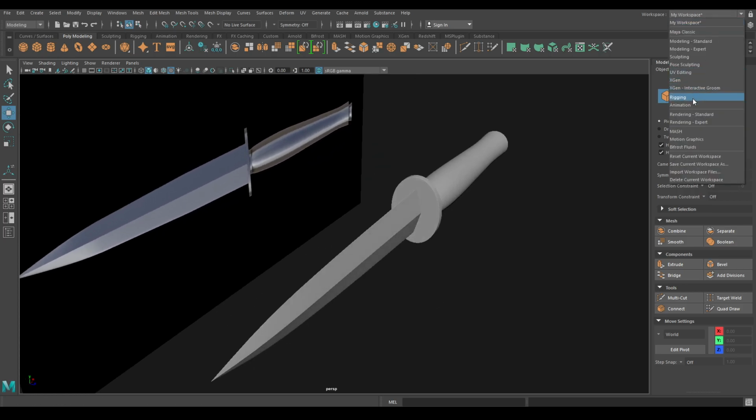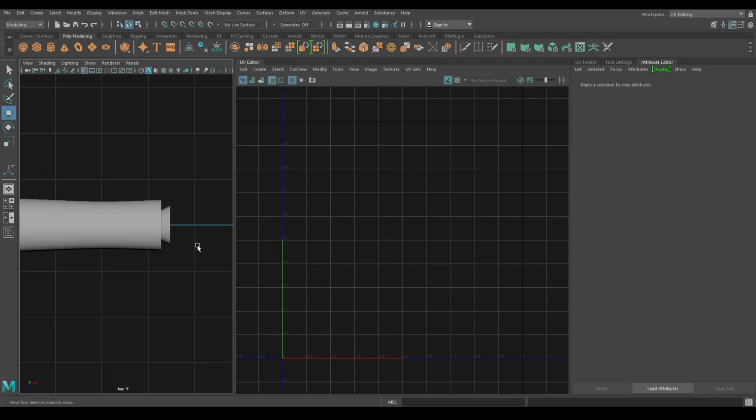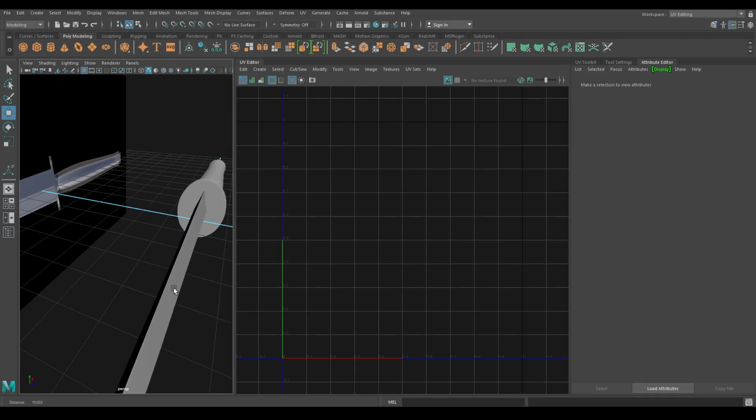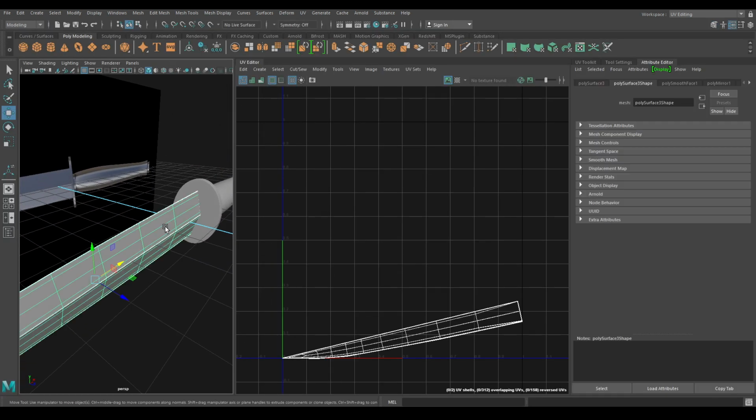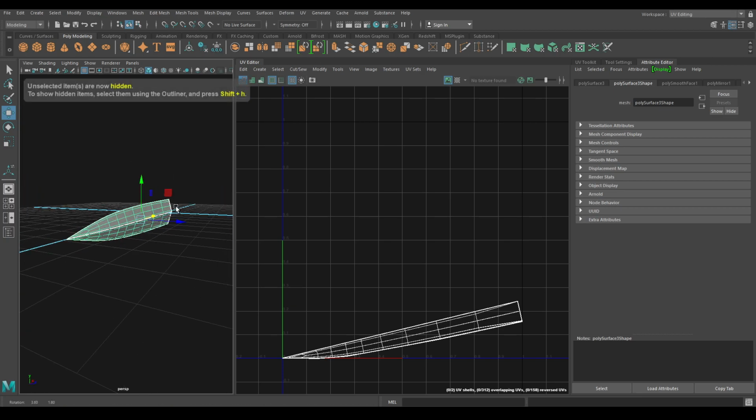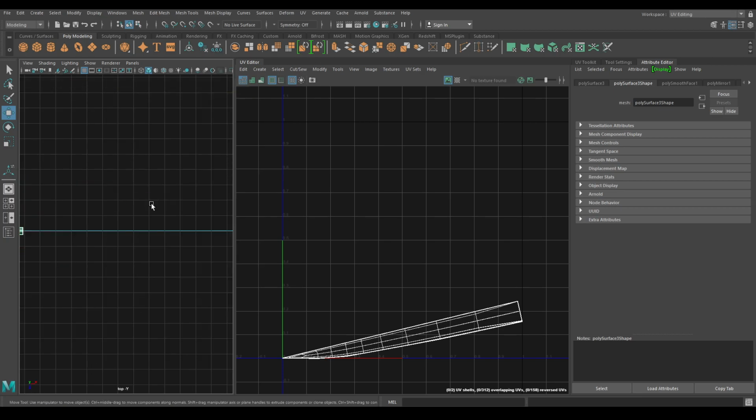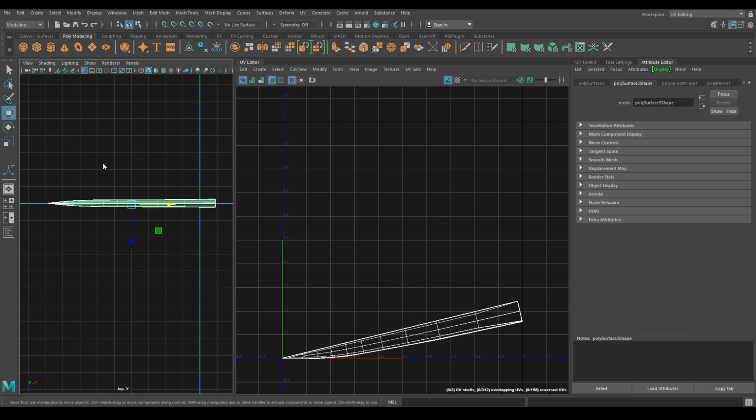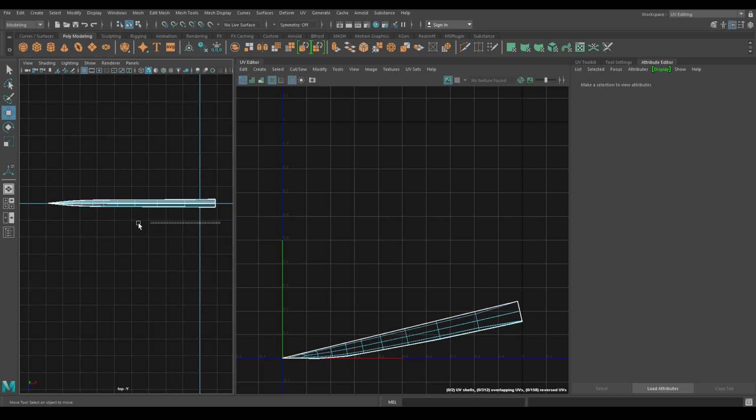Let's go to UV editing and unwrap this. First I'm going to select this blade, press Alt H to isolate. Go to top view. And in the face mode, select these faces.